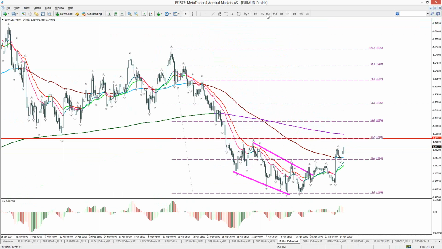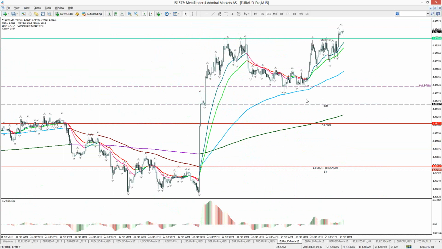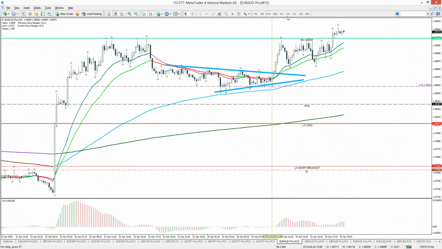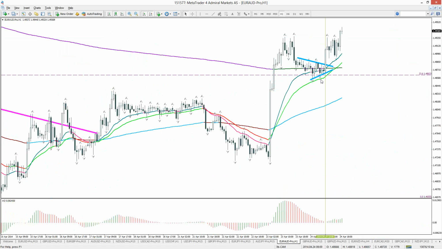Maybe the euro aussie, for instance, that had an upside day today. Obviously, here we had a break. Like this. This is a triangle. This is a breakout scenario. In this case, one could use a tight one. I'm not very fond of using tight stop losses with breakouts personally. However, we do have two fractals on the hourly chart here. So instead of maybe using a very tight one, one could have used maybe this bottom instead. That is one time frame higher